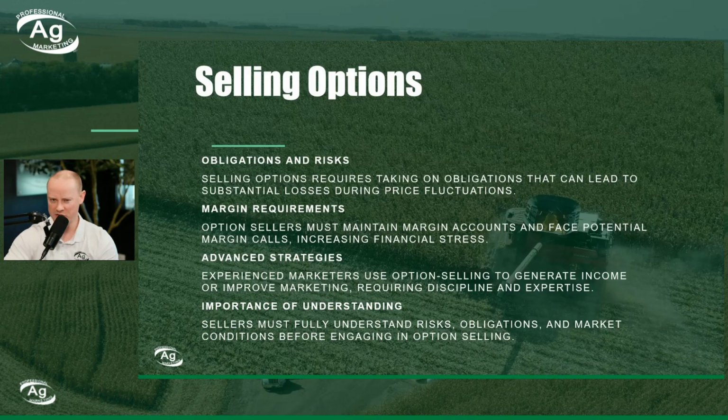So, for example, this is a marginable position. Option sellers must maintain margin accounts. They face potential margin calls and increased financial stress if that position does start to go against them. One of the ways to look at this is if I am trading at $4 today on corn and we sold a $5 call and I collected 10 cents for that call. And let's say 2 months down the road, we had a weather problem or something and the price of corn went to $6. So I sold that $5 call for 10 cents, and now it's at $6. I would have had to kick in at the end of it, if we expired, 90 cents on that call.